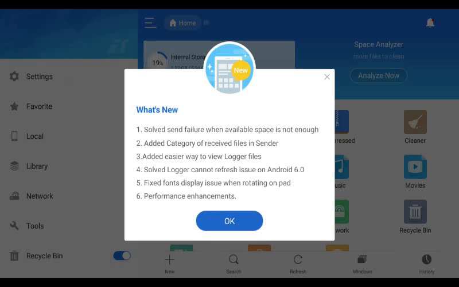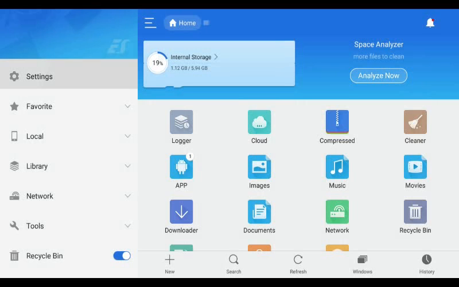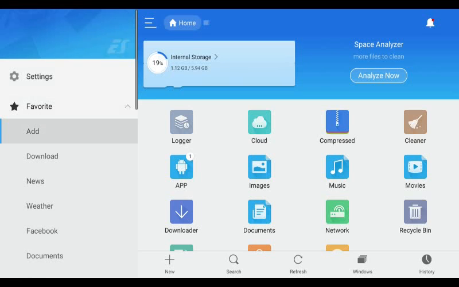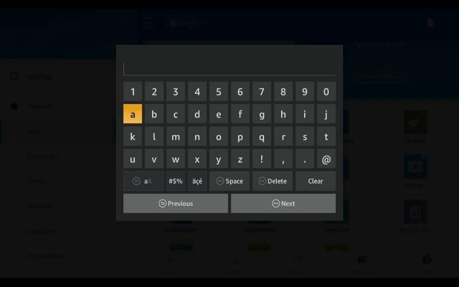So it's going to pop up and tell you what's new. We don't care. We're only using this for one thing. Well, you guys are only using this for one thing, and that is to install Kodi. So go over to the left. You'll see settings is now highlighted. Scroll down to favorite. Click add. So for path, it's going to be